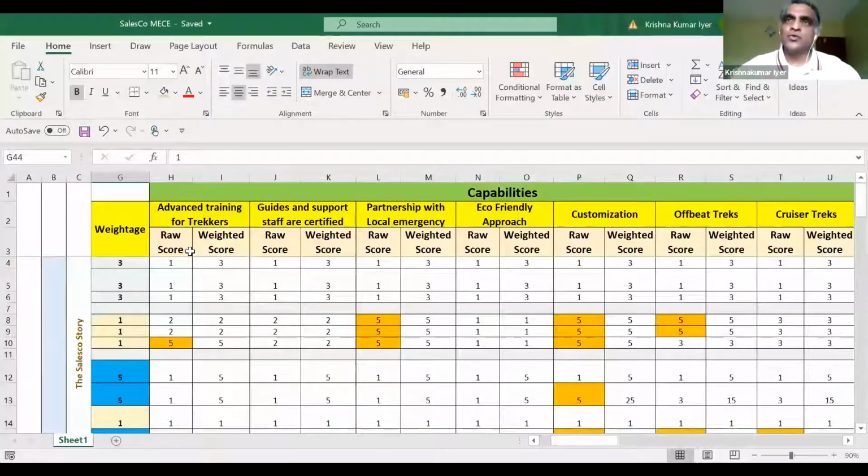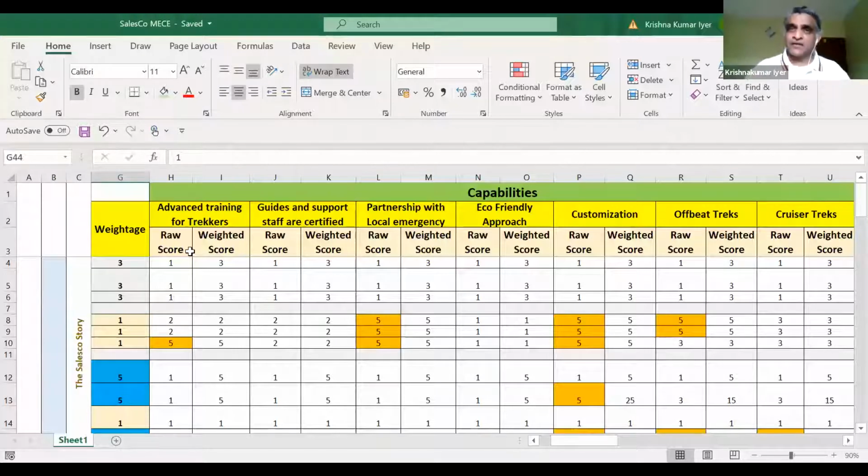Once you have done this, you want to look at the capabilities of your organization. What exactly are capabilities? Capabilities are what you as an organization are good at. If you're a services organization, then you're good at a particular thing. Maybe if you're an IT company, for example, you're into IT services, then you're good at maybe a certain type of projects, for example, application development, or it could be web development, or it could be mobile app development. So you represent a certain set of capabilities. If you're a product company, then your product features represent a certain set of capabilities as far as your organization is concerned.